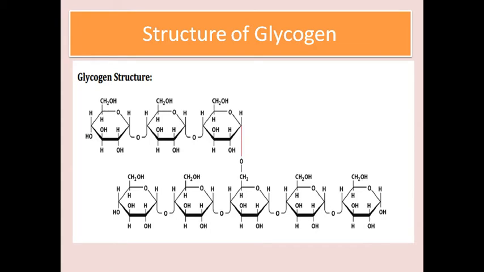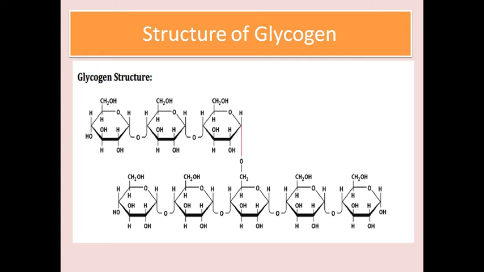Structure of glycogen. It is a highly branched homopolysaccharide containing alpha D-glucose. It is mainly synthesized in the liver and muscles, and acts as an animal storage polysaccharide. Similar to amylopectin, glycogen is also a branched glycan containing several branched chains of alpha D-glucose. It is dextrorotatory and gives a red color with iodine.